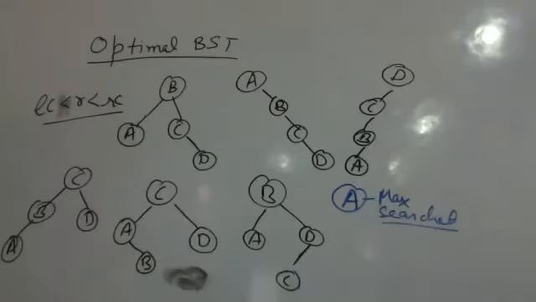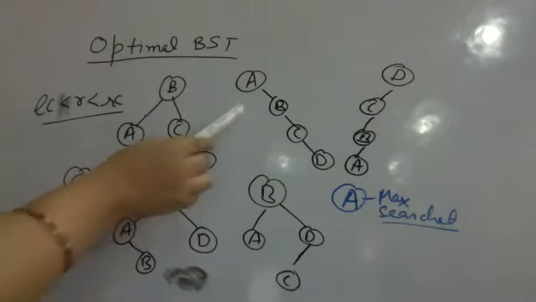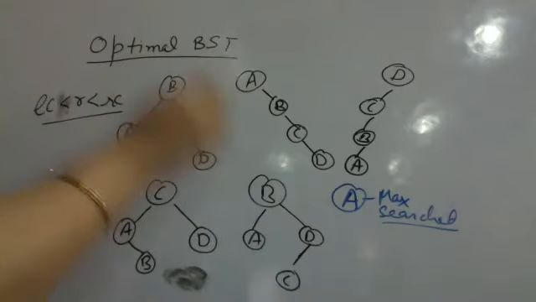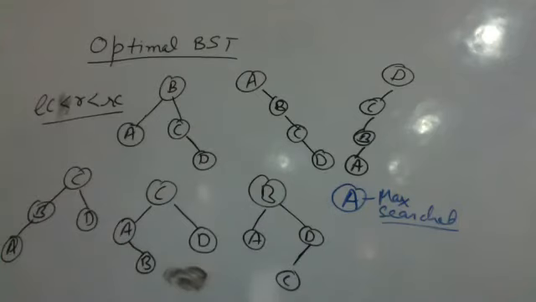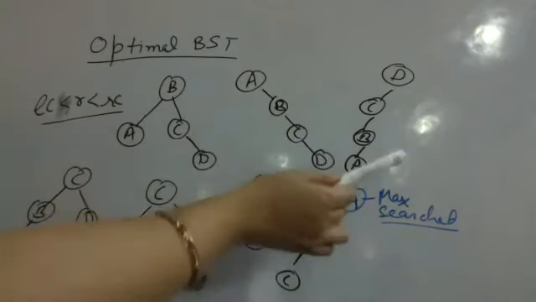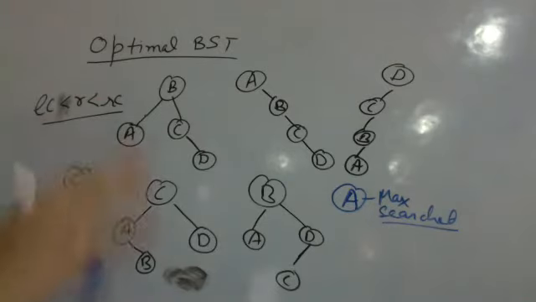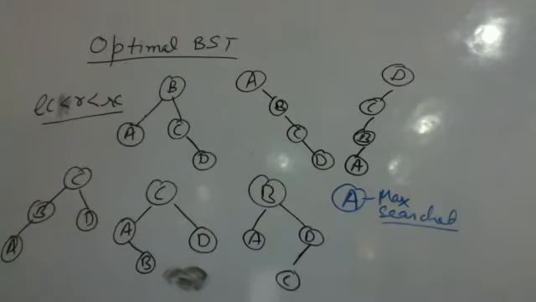In that case, search will be taking the worst possible time and there is no point of using a binary search tree. In case I'm using this tree, A is found at the root node only, so it is better. As soon as we come, we will find A. So this is more optimal compared to the other tree if A has maximum search probability. Similarly, if some other element has some search probability, according to that the tree has to be optimized. According to the probability of all the elements, we try to optimize trees.